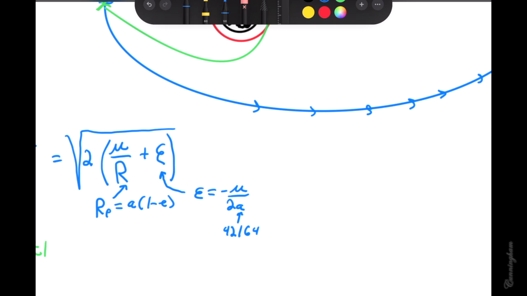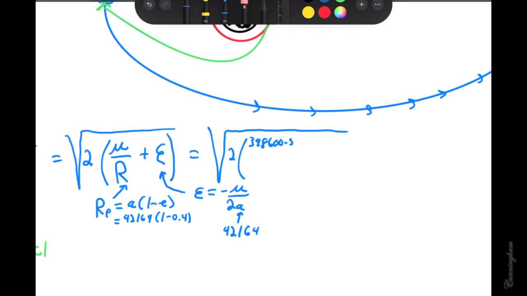Because we're still in that ellipse, and we need to do that. So, and then, of course, perigee here. This equation, we'll do a little plug and chug. So that's what's going to go in there. Okay, so let's plug in the values and see what we get. Okay, let's see. 42,164. Okay, that ends up being 25,298.4